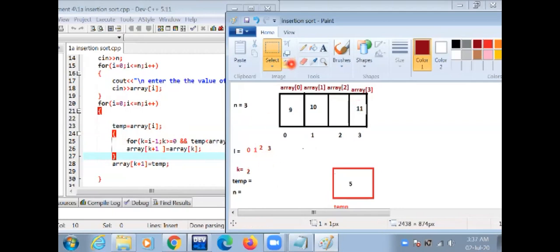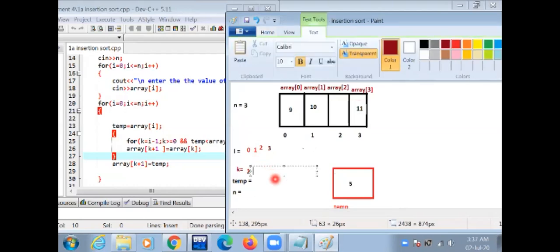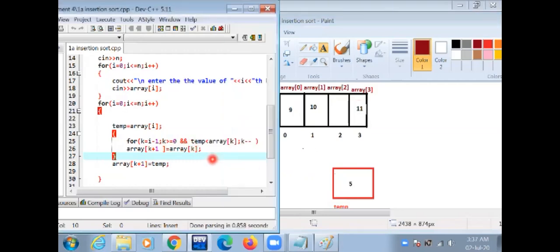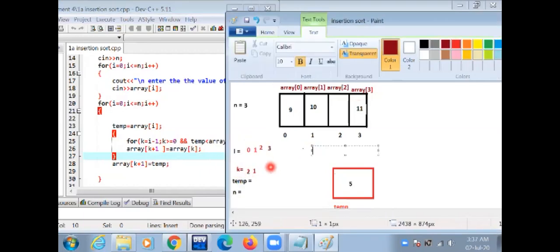The loop executes again. The value of k is 1, and k greater than or equal to 0, the condition is true. Temp less than array[k]. The value of array[k] is 10. The condition is true.